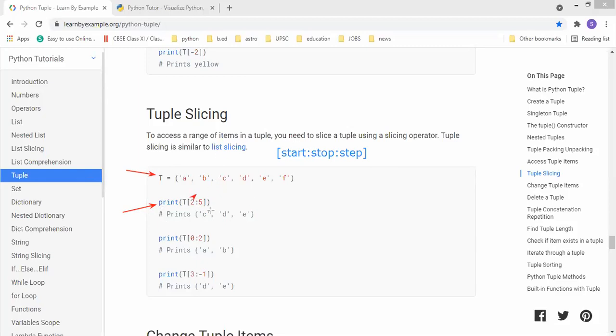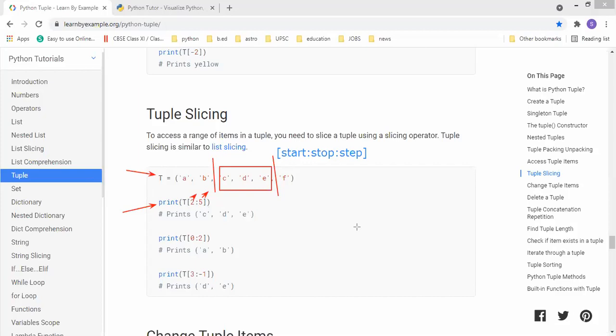I always told you, the first value is the start value, the second value is the stop value. To get the output, you already know the values. So for 2, put a bar here, just to do some rough work. Put a line before 2. In the same manner, put a line before 5. Now your output is everything between: C, D, E. Understood everyone?